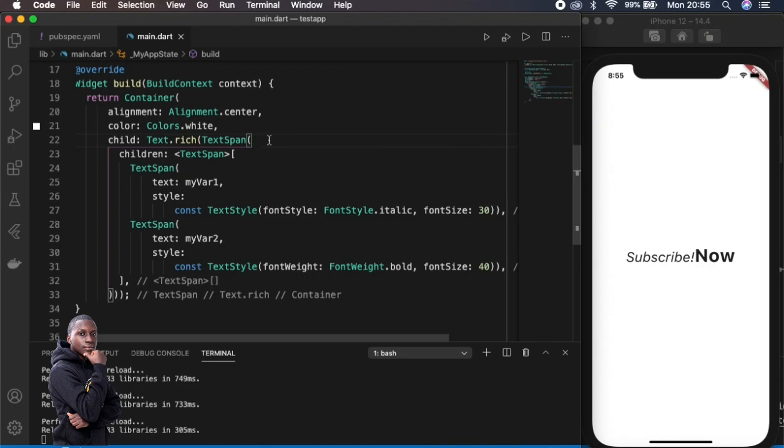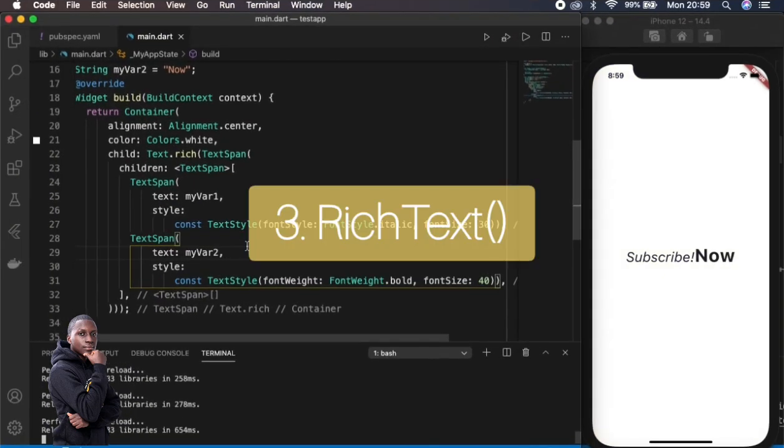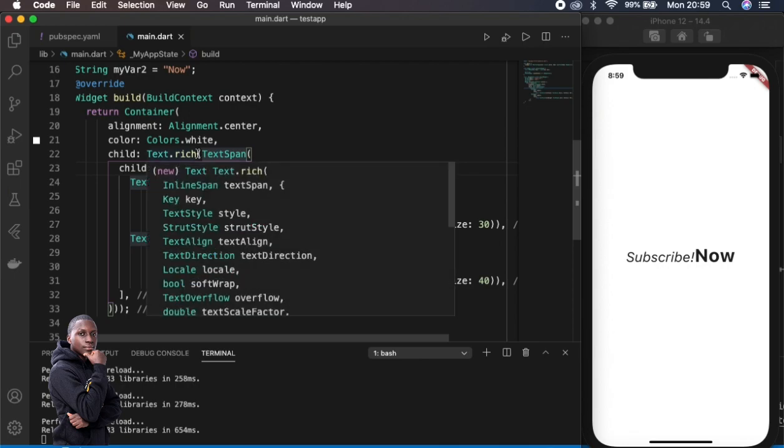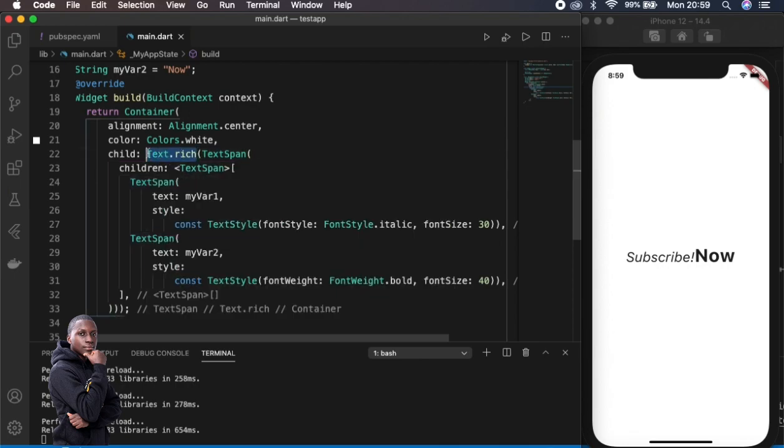Now alternatively, we can do this. In this case we can just change here. Instead of saying text.rich, we just say RichText. Sounds pretty much the same. Then here we just say text to define this text span